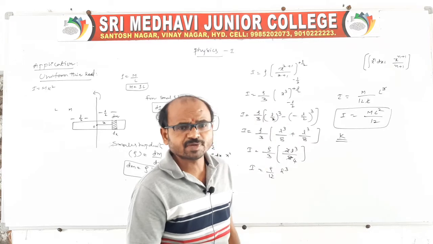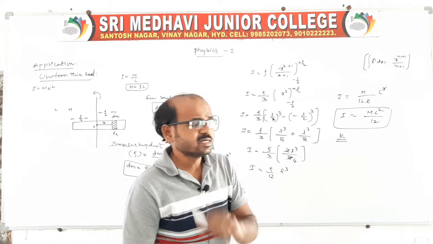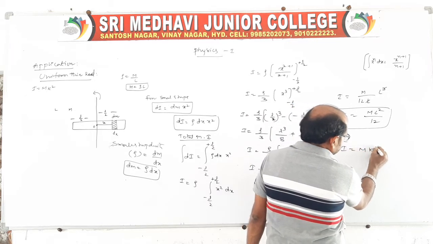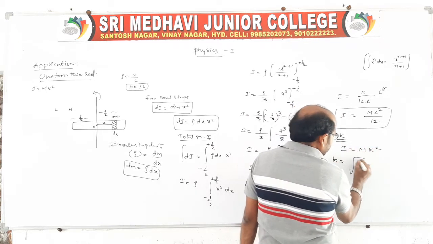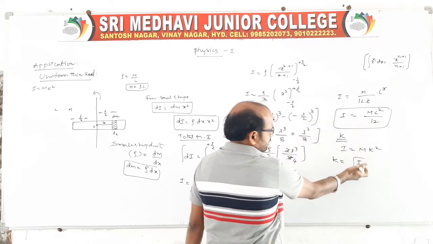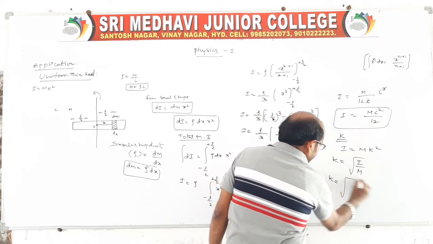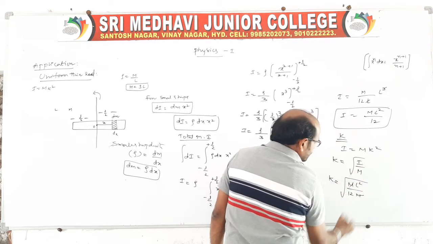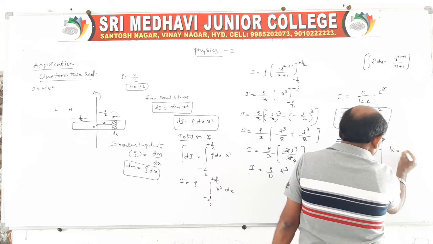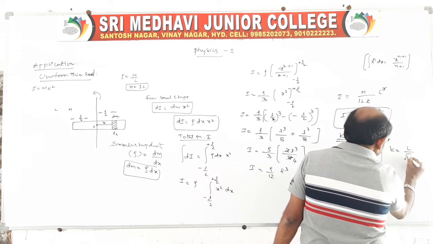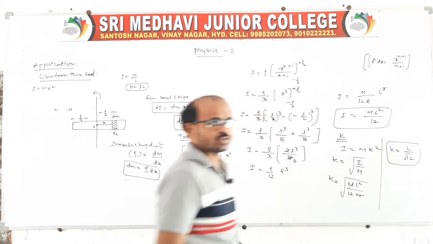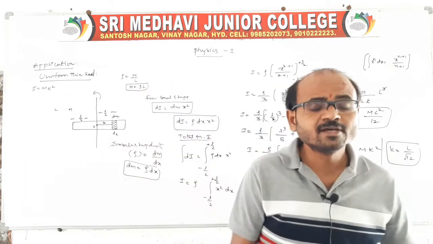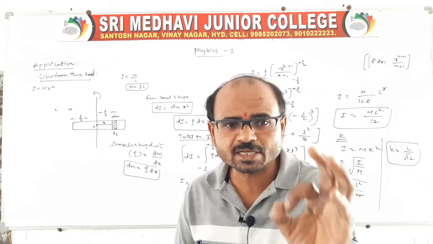Here, as well as the moment of inertia, we have to say the radius of gyration k also, right? For all regular bodies we have to say the moment of inertia as well as the radius of gyration k. But we know in general moment of inertia is equal to mk square, right? K is equal to root over I by m. Simple, you substitute your I value: I is ml square by 12 into m, m m cancel. So the radius of gyration for the given body is L by root 12 when the axis of rotation passes through the center and is perpendicular to its length.